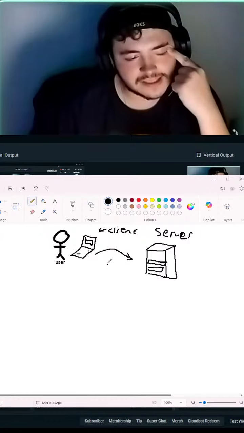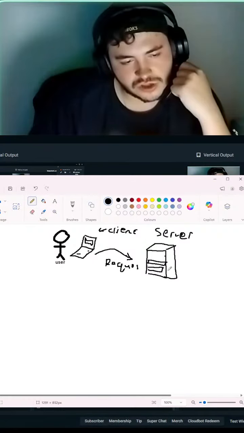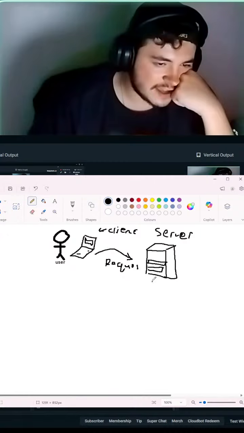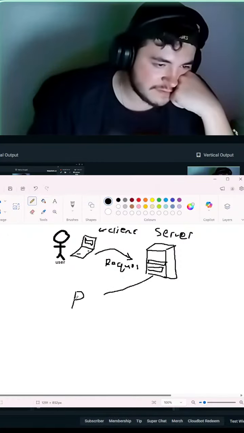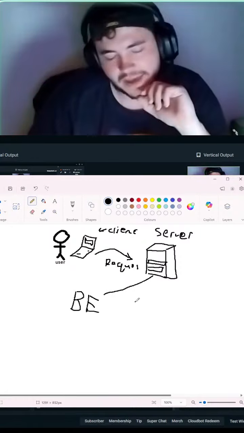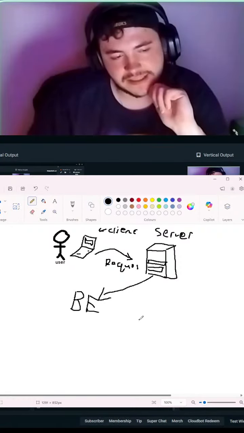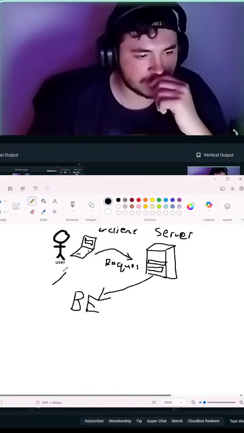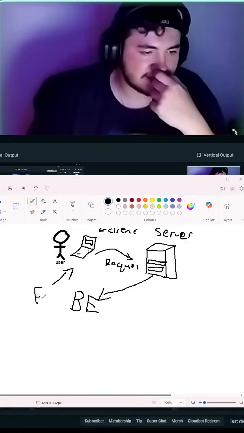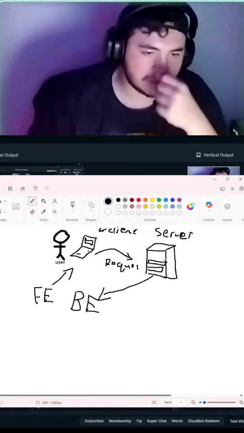Your client makes a request to a server, and then on your server, it will have your back end, right? Remember earlier when we were talking about back end and front end? Your server holds your back end, and the client holds the front end.